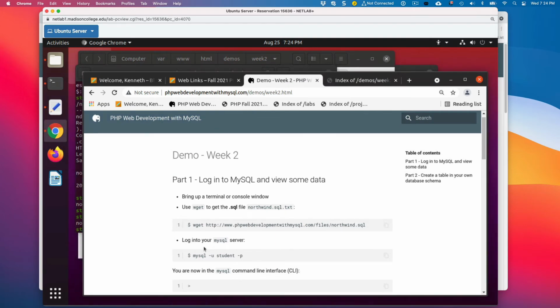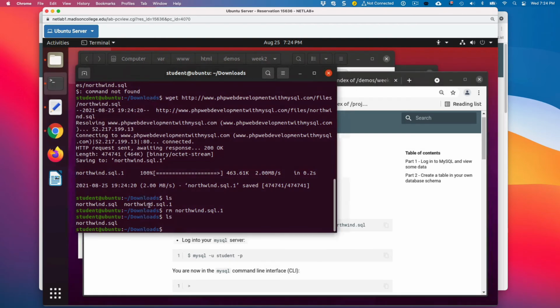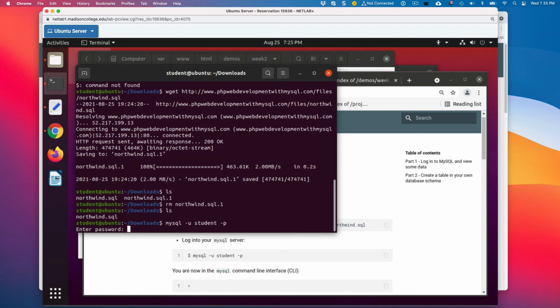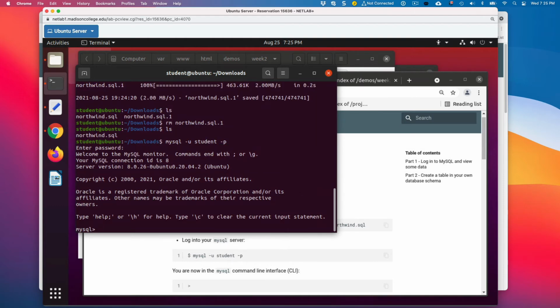Now what we're going to do is we're going to log into our MySQL server. Now we have a couple ways that we can do this. One way I'm going to show you now is through the command line. In the book, I show you how to use adminer, but let's type MySQL -u for user, and the user is going to be student, -p to ask for the password. The password is student. And as you're typing, you don't see anything written down here, which is fine. That's kind of a security measure.